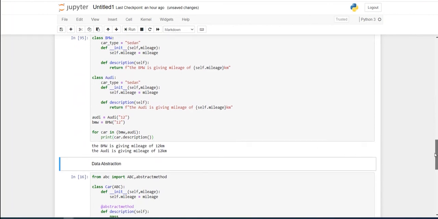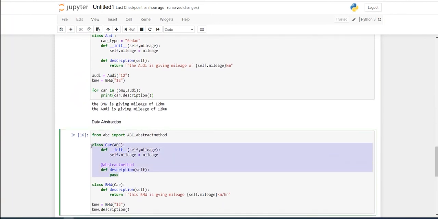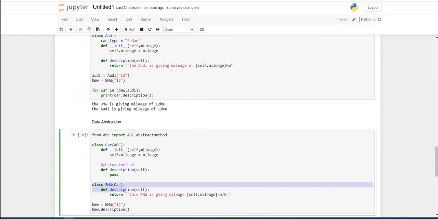Next, we'll talk about abstraction. Think of it like this: I have a description in a class, but I don't have a concrete implementation right now. I don't know how this class will behave for BMW or Audi. So I'll create a concrete class. Suppose BMW. In this one, I can define that BMW is giving me mileage. This is how the description of BMW will look.